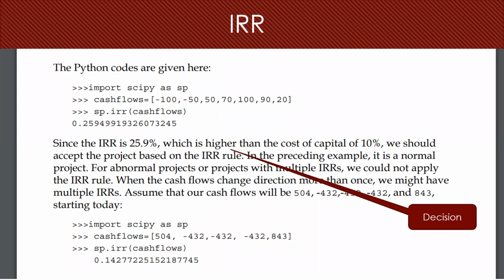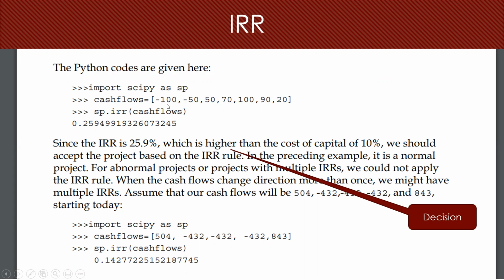Likewise, for the first year, here it is given minus 50. That means the cash outflow only, there is no cash inflow. Same thing. Then the scientific Python IRR cash flows function is the function in which you can calculate, so that it will give the output immediately. This is how directly we can calculate in Python. The coding is very simple. Import scientific Python as SP, cash flows.